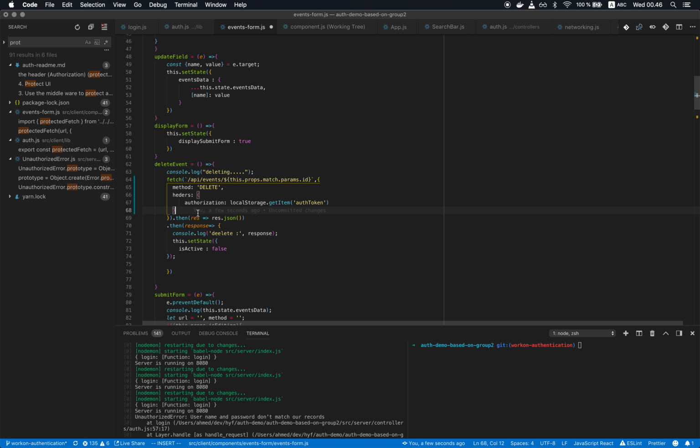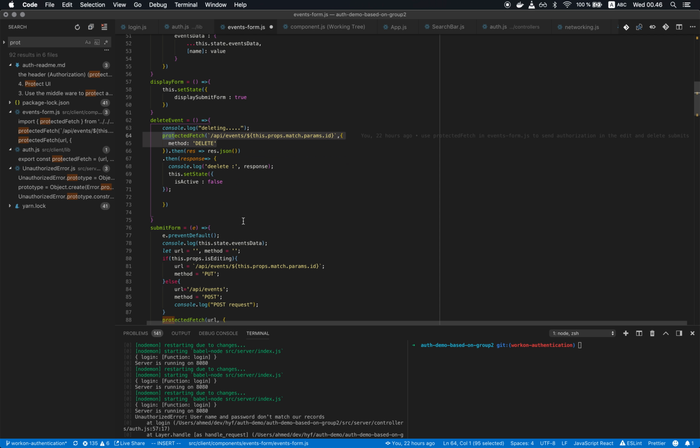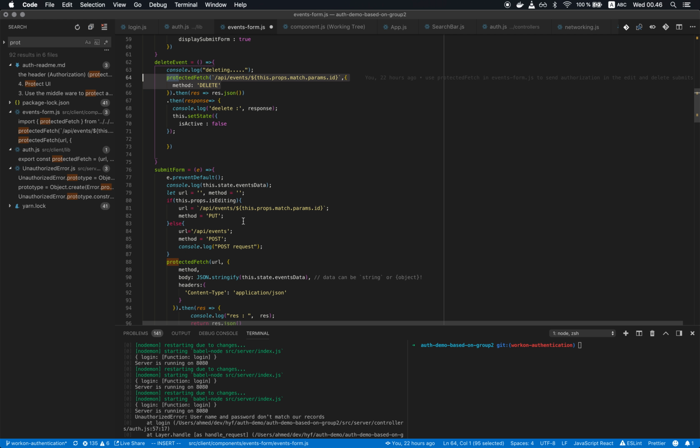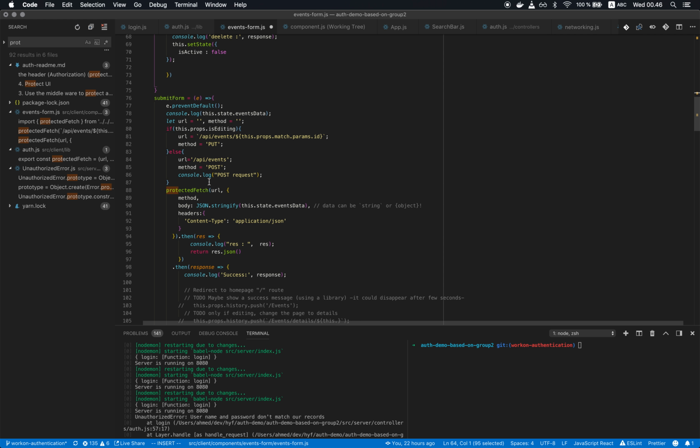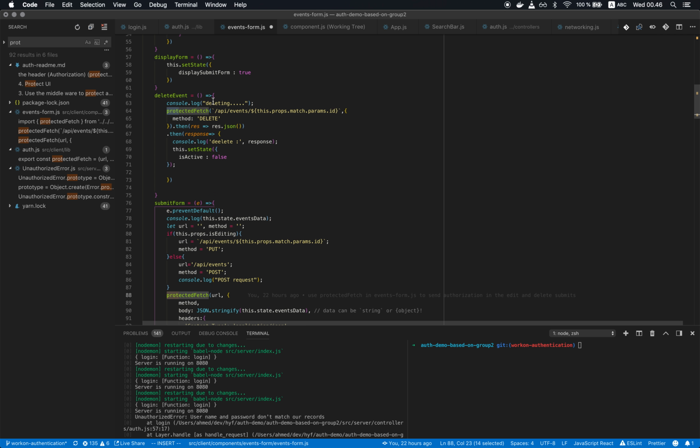So instead of doing all of this, we can just call the protected fetch, and it's going to do that for us with the basic properties, and it's going to continue and add the rest. So I used it in the submit of add and edit, and I used it in the delete, and feel free to use it in any endpoint that you feel needs to be secure. And just notice that we allow